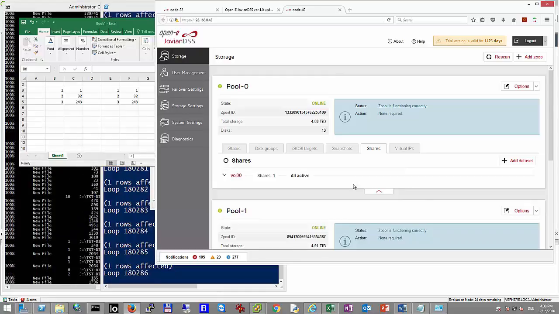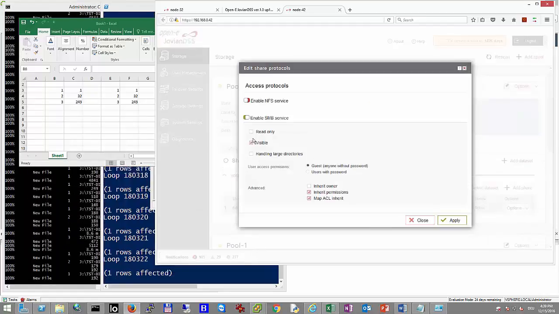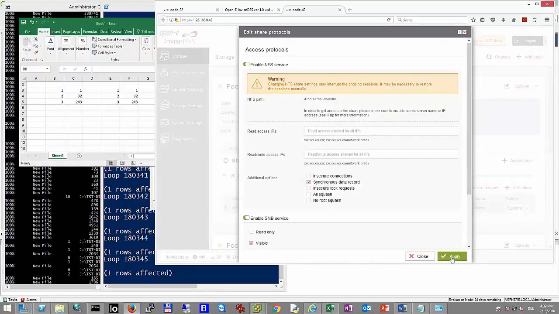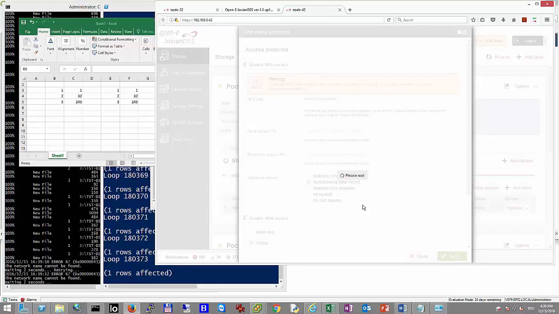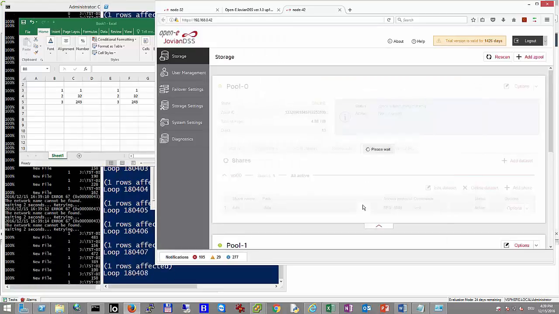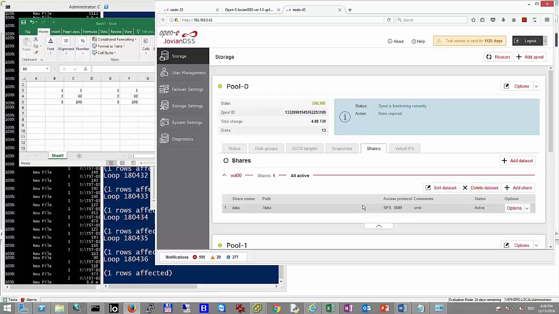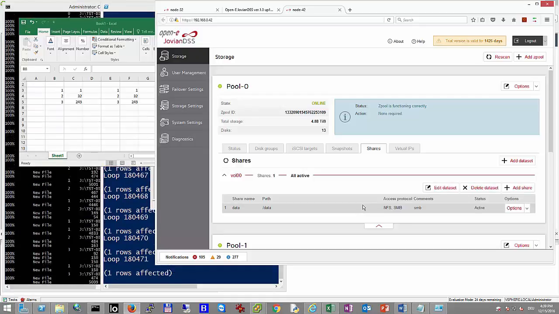If we go to edit and protocols, we can enable the NFS service here as well, and then mount by NFS, and it will be working as well. So that's the unified storage, high availability for NFS, iSCSI, and SMB. SMB or CIFS, because you can have SMB 2, 3, and SMB 1, that's equal to CIFS.